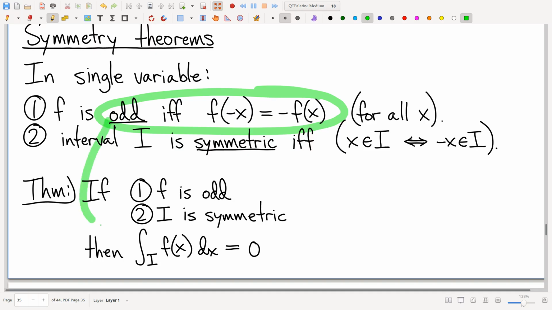It turns out that if you have an odd integrand, and if you integrate from negative a to a, in other words, if your domain is symmetric, that integral is equal to 0. And you don't have to do any integrating. No antiderivatives, no trickery with substitutions or whatever. If you simply know the integrand is odd and your domain is symmetric, negative a to a, poof, the integral is equal to 0. Comes up here and there in single variable calculus,